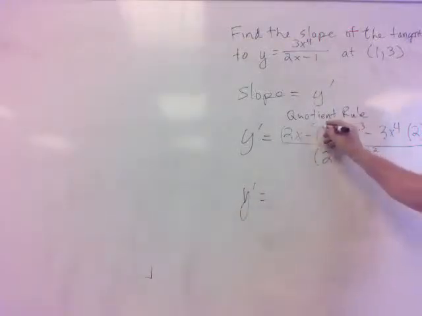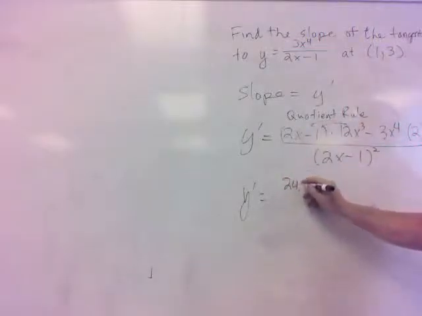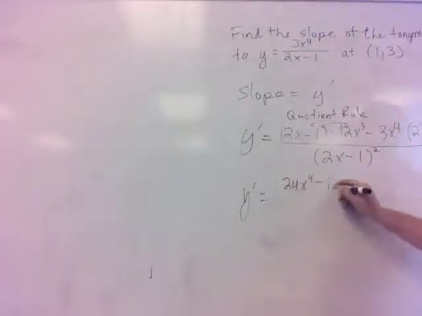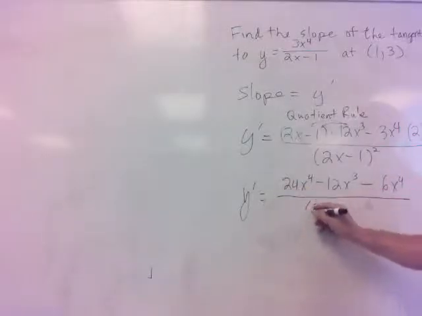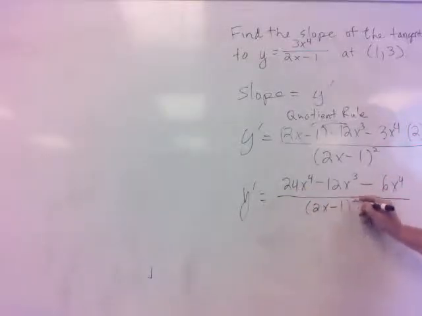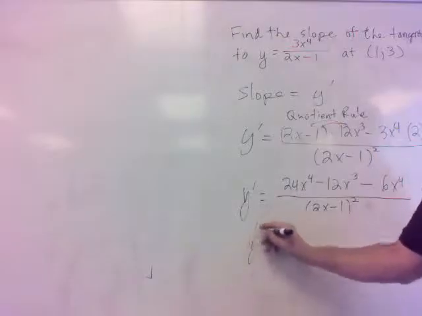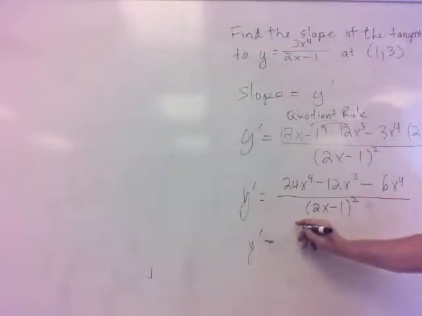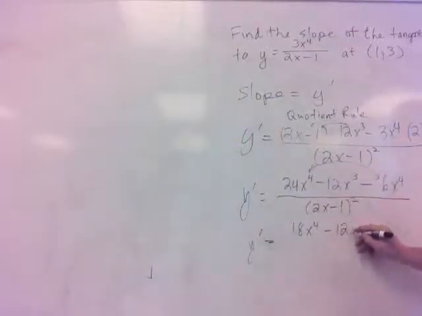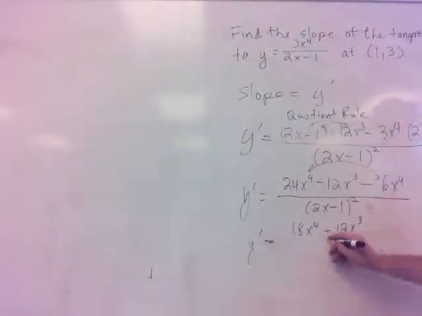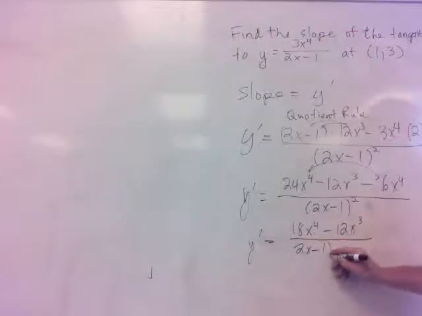Multiply that in. That would be 24x to the 4th minus 12x to the 3rd minus 6x to the 4th over 2x minus 1 squared. And there are like terms there, so that would be 18x to the 4th. These two terms combined: 18x to the 4th minus 12x cubed over 2x minus 1 squared